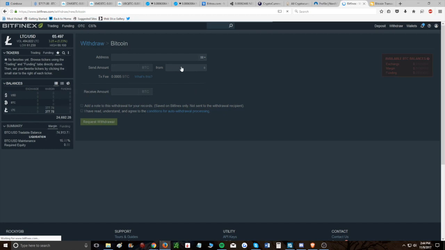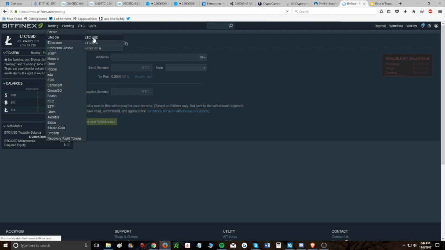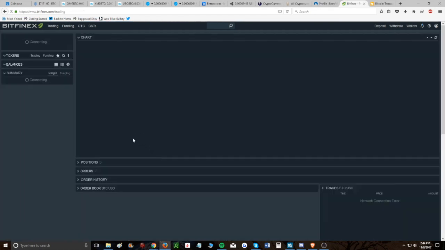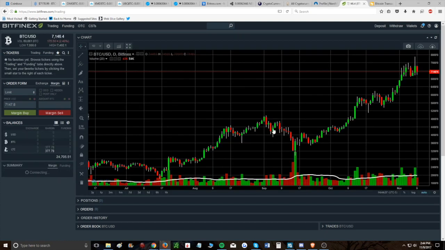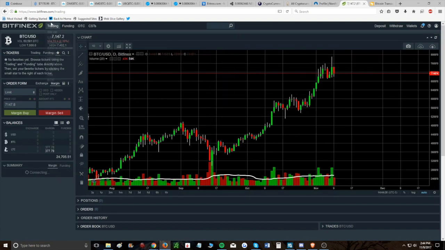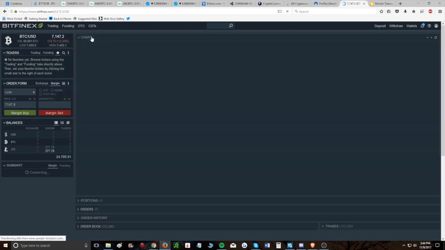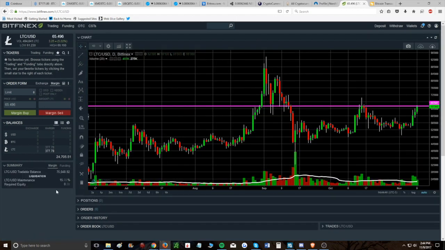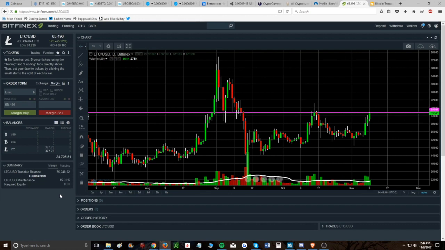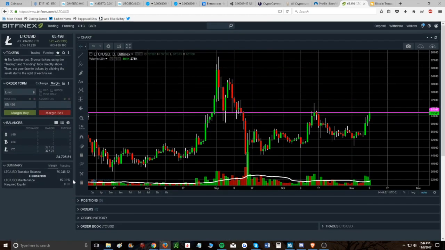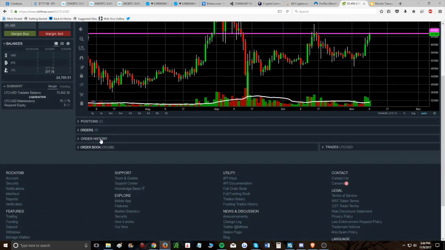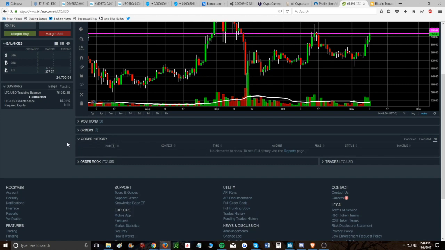The main thing I want to focus on here is just the layout that they have. Let's head back over to the charts. This is the Bitcoin USD chart. Go back over to Litecoin because that's what I'm actually trading right now. Litecoin USD. Now I have a lot of these tabs at the bottom here blocked out because I don't like focusing on them. I like to use other